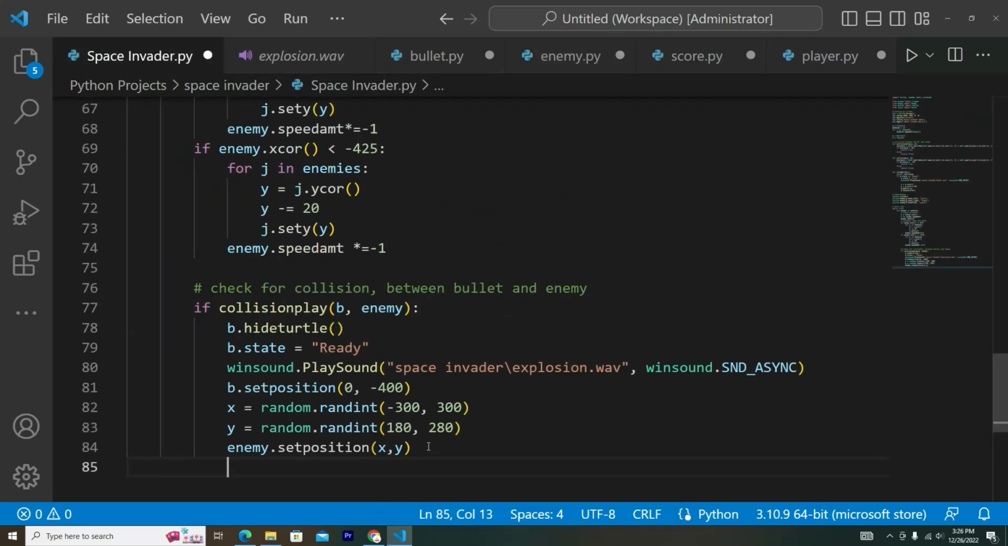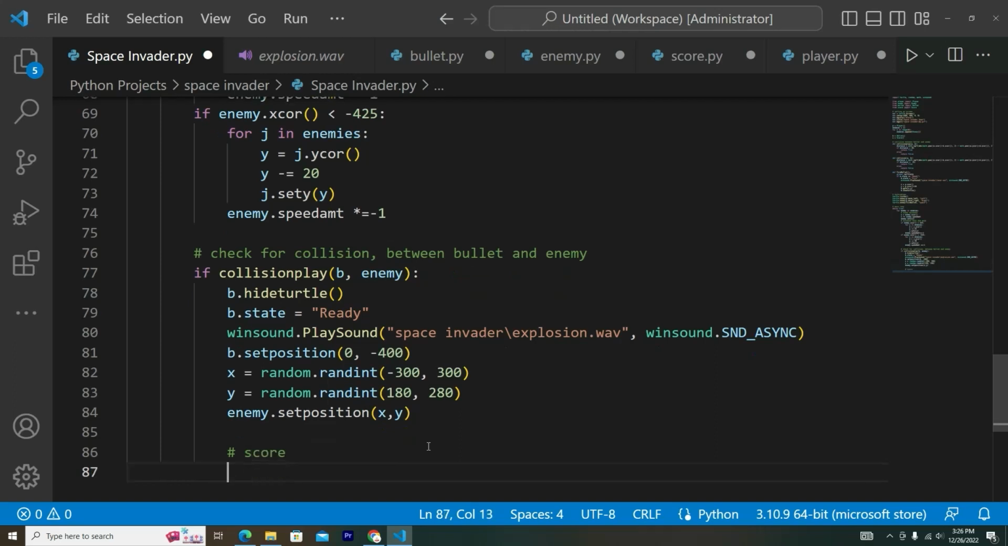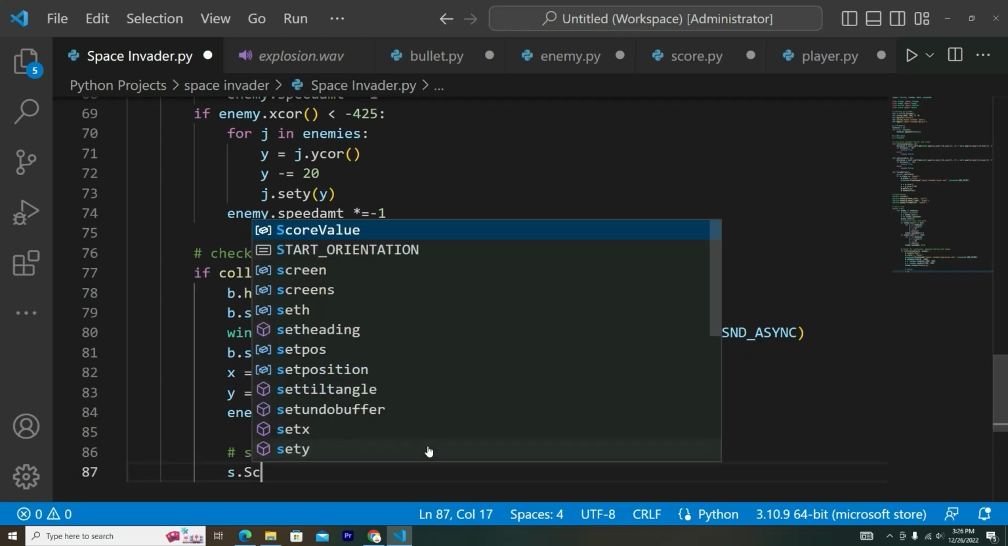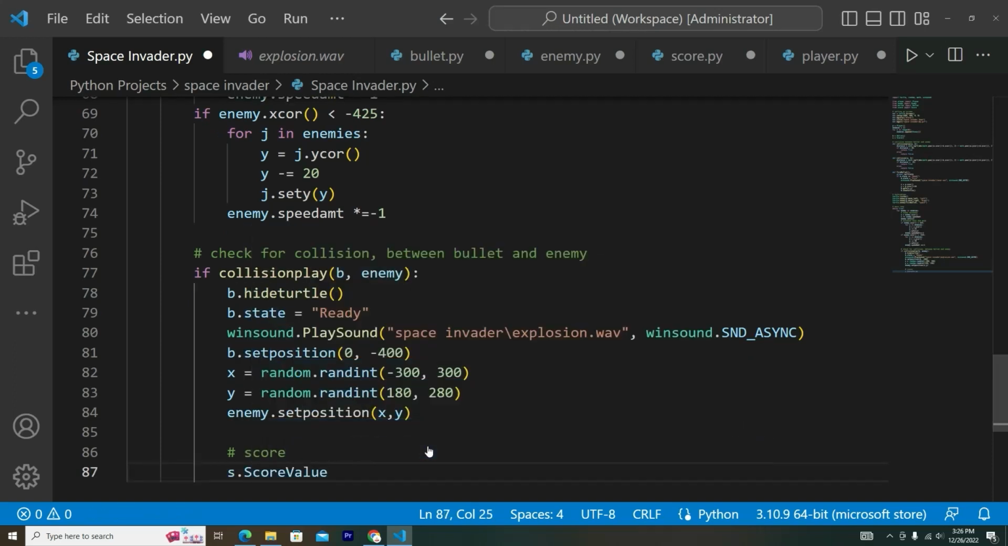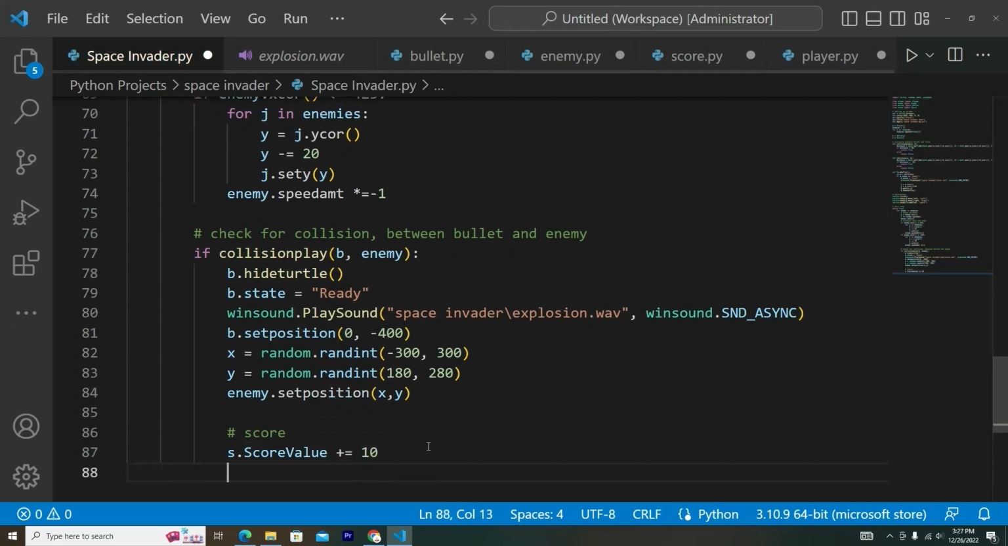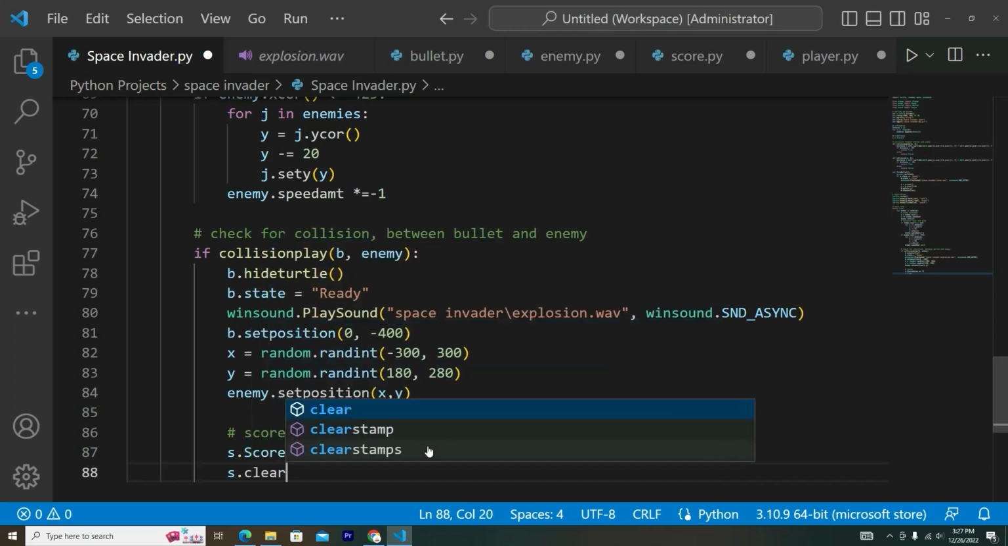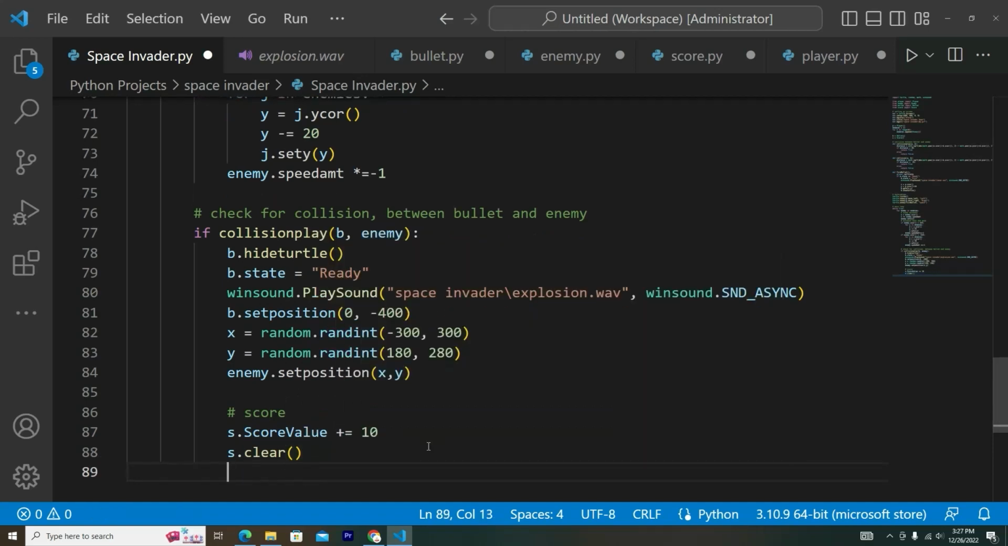And now let's go ahead. I'm going to put another comment. This is for the score. Okay, so s dot score value, and then we'll have plus equals 10. So that's saying each time the player kills an enemy, it's going to increase our score by 10. S dot clear, and then we'll have s dot